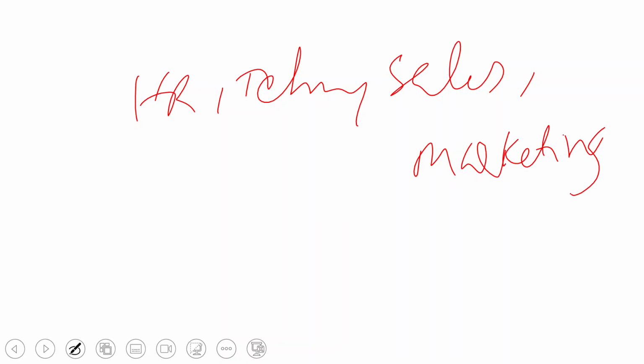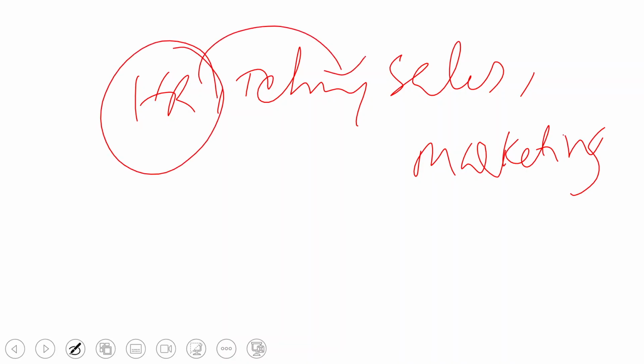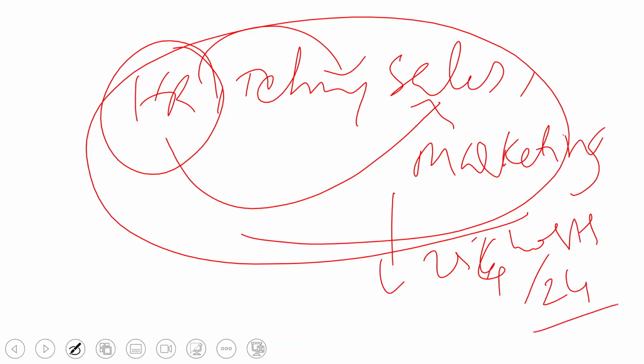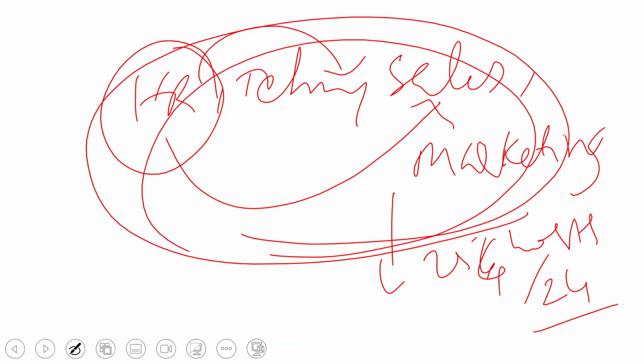So you have 4 departments. HR doesn't want to communicate with technical or sales, because if you put all those 254 hosts in one slash 24 notation, then whatever packet you are sending will be revolving around the whole LAN. But if you divide into departments,